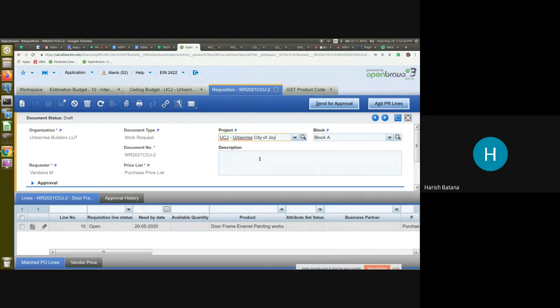Sometimes we have released a work order with one SAC code, but the vendor has submitted the bill with a different SAC code. That can happen, but in that matter our accounts team wants to stick to whatever SAC code the vendor has given, because he must have filed the GST returns using that SAC code. So we have given an option in the invoice to overwrite the product level SAC code. The product will say, let's say, 9981 as the SAC code, but in the invoice we can change it.